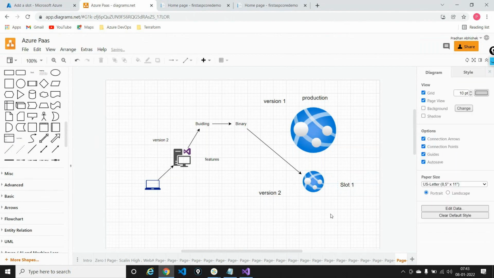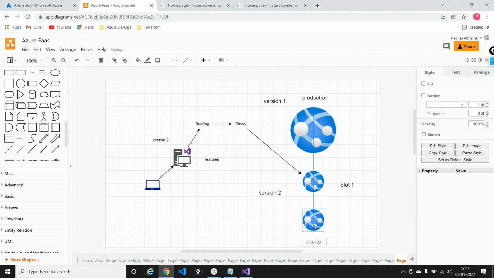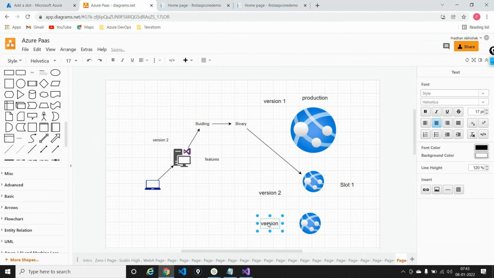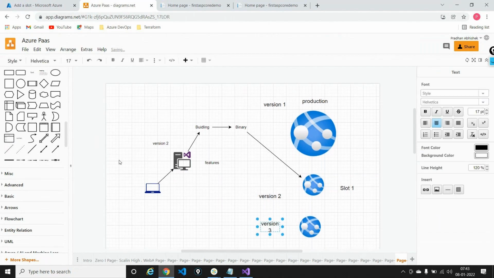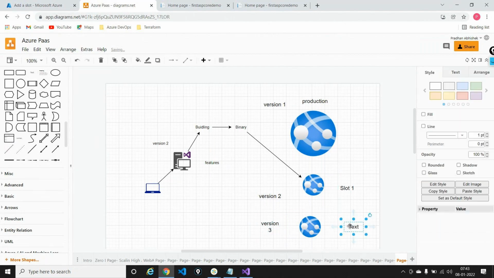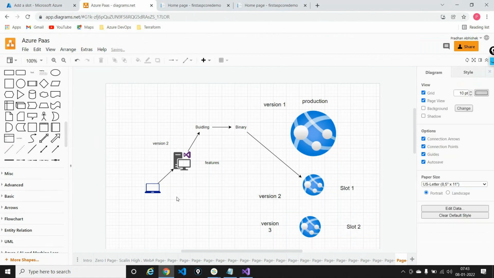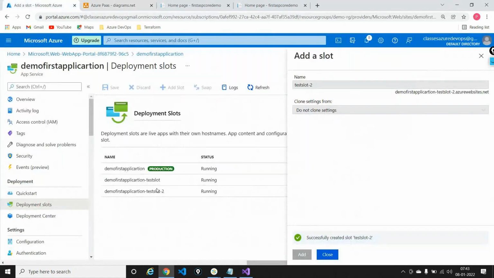Now I am going ahead and creating another slot for version 3. This is called slot 2, and slot 2 will hold the code for version 3 right now. So we have created a slot 2.